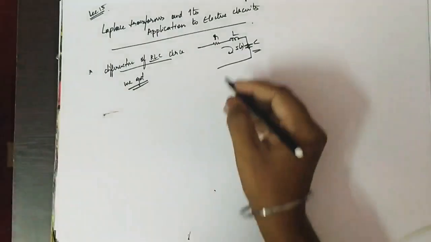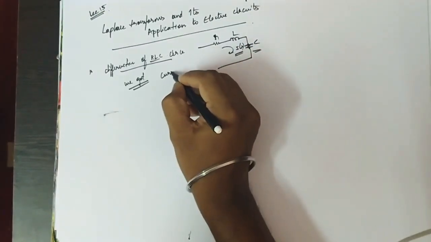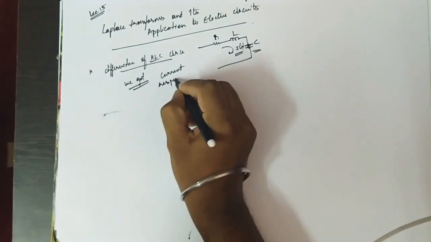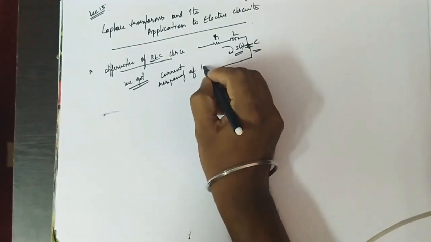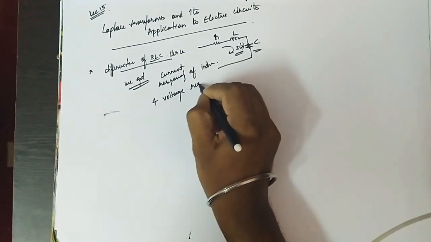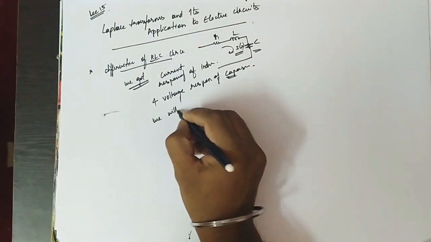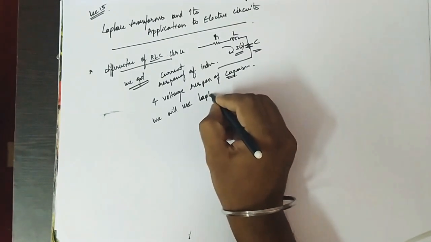So finding that solution, if the circuit demands that you find the current response of the inductor and the voltage response of the capacitor, solving the differential equation is a bit tough. You can solve for first order or at most probably second order, but if the order increases you cannot find that response. So for that reason we will use Laplace transforms.